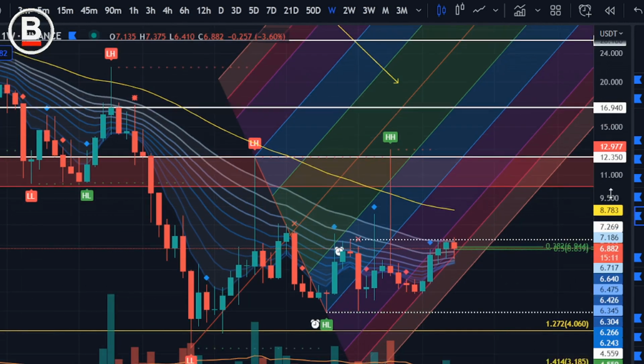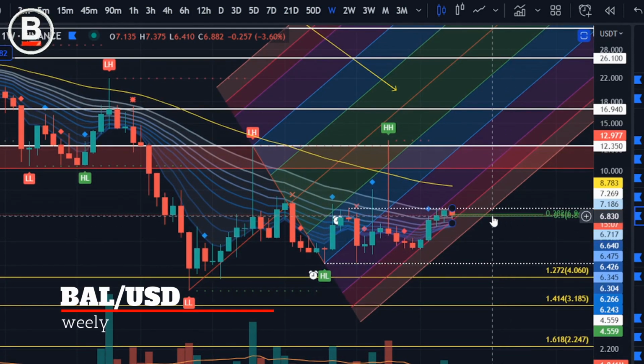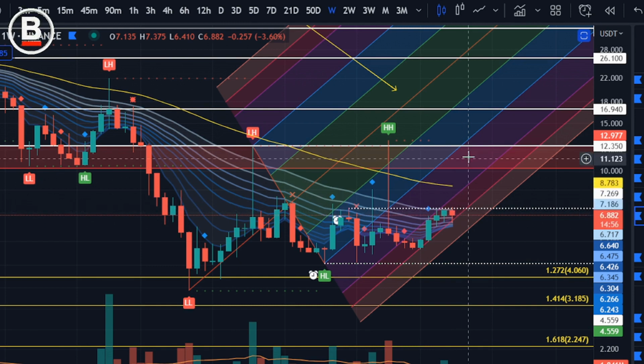BAL token. Not really quite sure what's going to happen with the BAL token, but we can see that we are in a range here. If we can close above this range, we can start tapping the liquidity